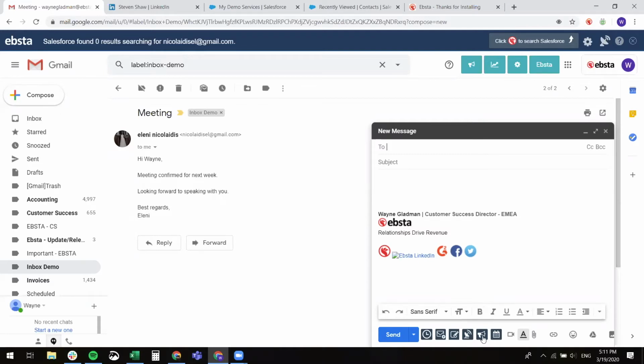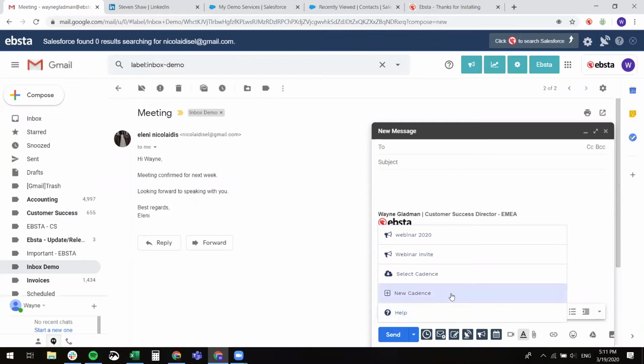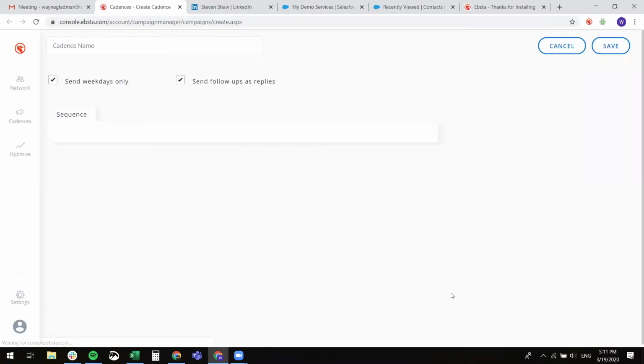And one of the best ways to do that is our campaign feature. If you click on add to cadences and you go to new cadence, you're going to be prompted in our console to actually add in this information, right? Now, the main purpose of a cadence, right, is just to get a response. That's what we're trying to do. It's meant to foster a response because they're automated follow-ups that can actually be built off the back of the emails that you send, right? So you basically just name the cadence,